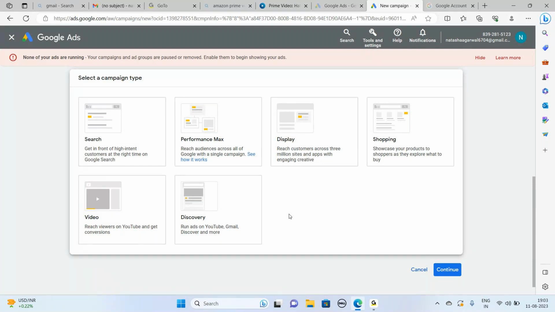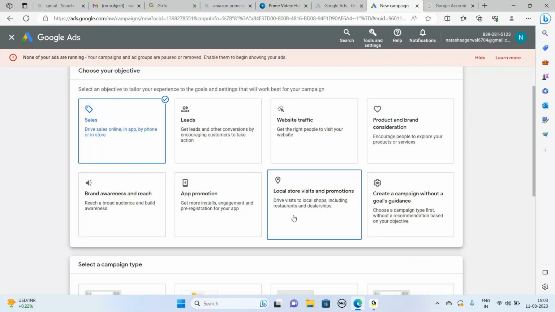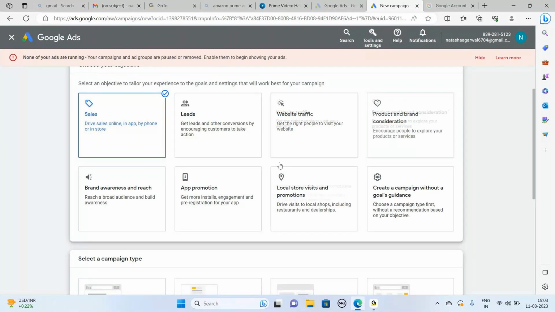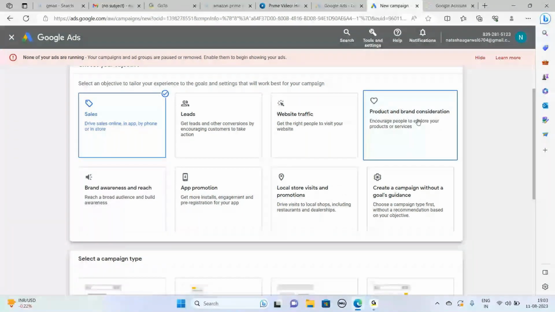And you see that the video ad is very common across five types of goals: sales, leads, website traffic, brand awareness and reach, then product and brand consideration.